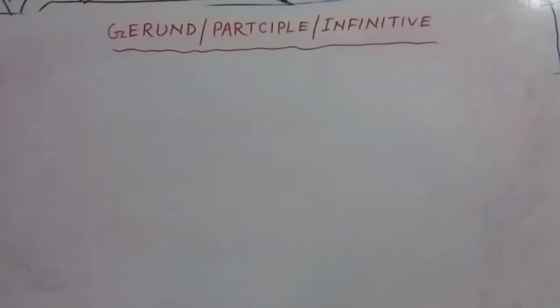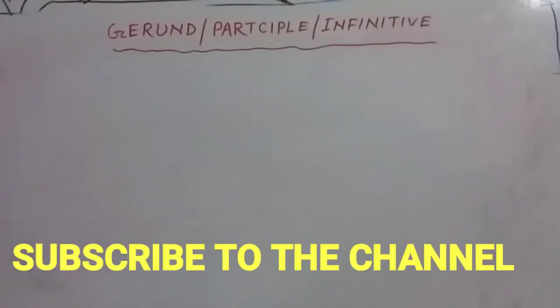Friends, today on this podcast, we are going to discuss one of the most important sections of English grammar, that is gerund, participle and infinitive. My dear friends, these are the most important part, and also this is a very confusing section. As a result, we face different types of problems. So my dear friends, on this podcast, we will discuss how to identify gerund, participle and infinitive in a sentence.